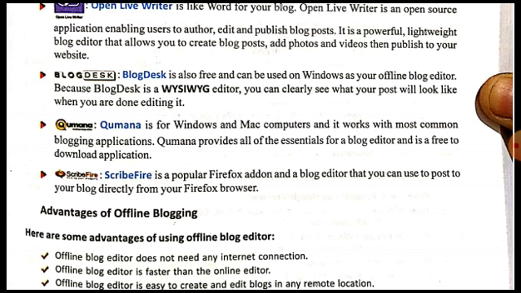So what is the difference between open source and freeware? The difference is that with open source, the source code can also be modified by us. We can modify the software and create new software. But this is not always true in the case of freeware. Any software may be free, but it may not be free for editing. The source code may not be open for editing and modifying. This is the difference.